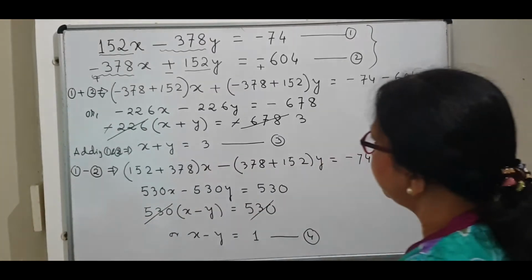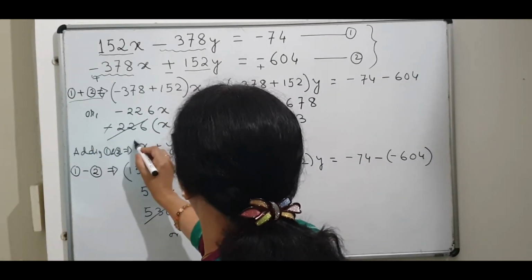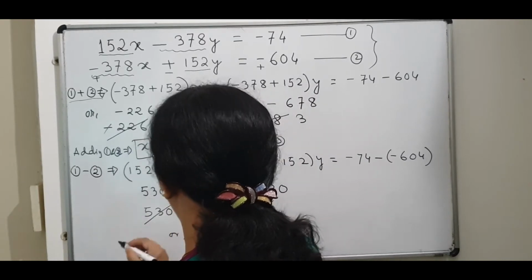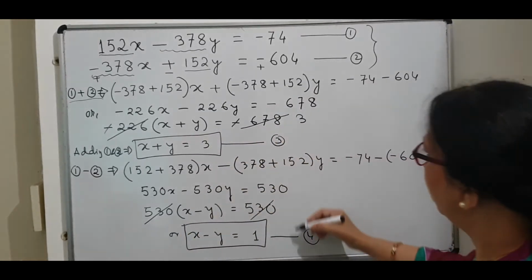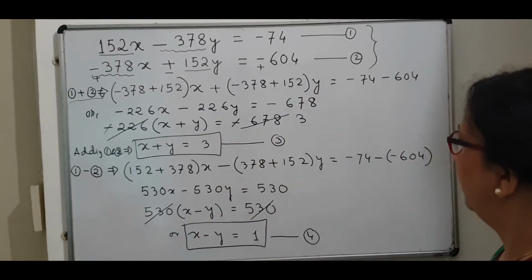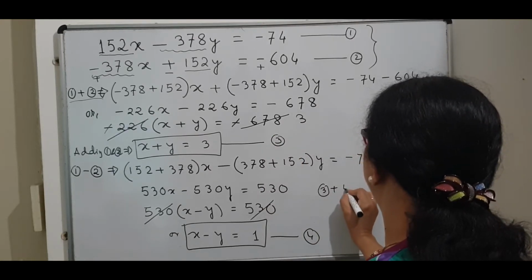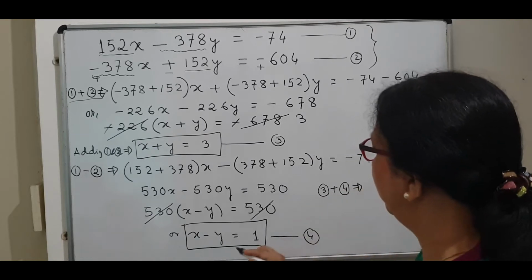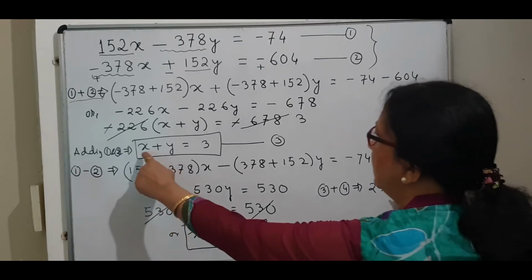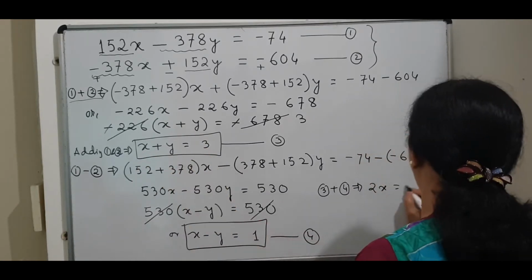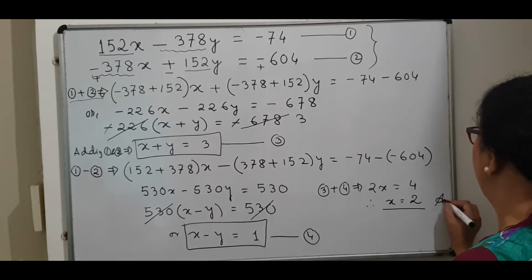So you see, by adding these two equations, I've got a very simple equation, this one, and by subtracting one from the other, I got another simple equation. So now it is very easy to solve equations 3 and 4. Simply by adding 3 and 4, y minus y plus y gets cancelled, so twice x. X plus x, twice x is 3 plus 1, 4. So therefore x is equal to 2. So I got the answer, x is equal to 2.